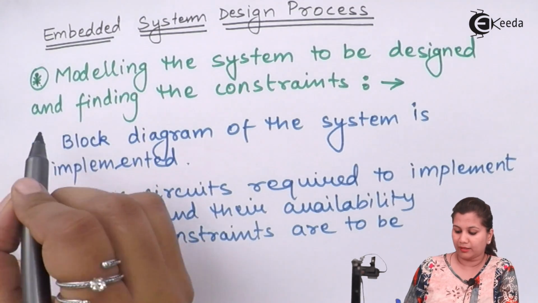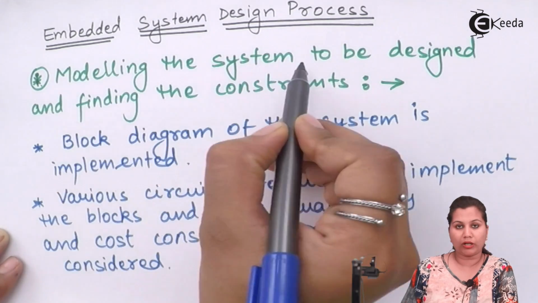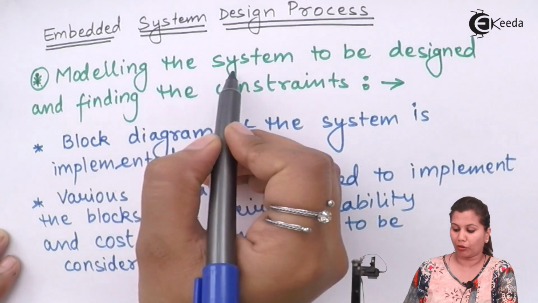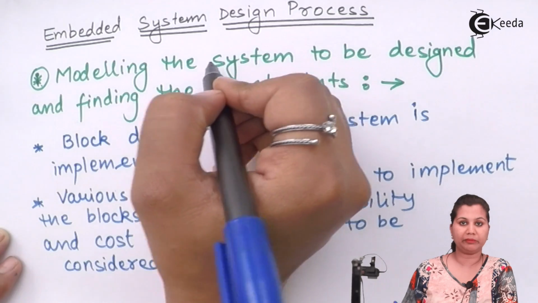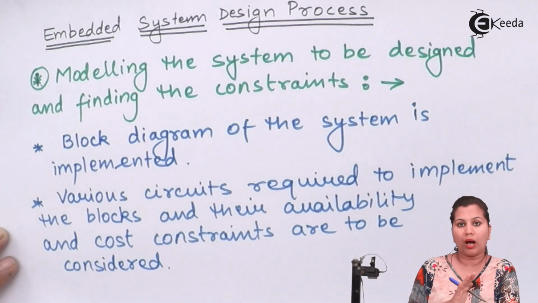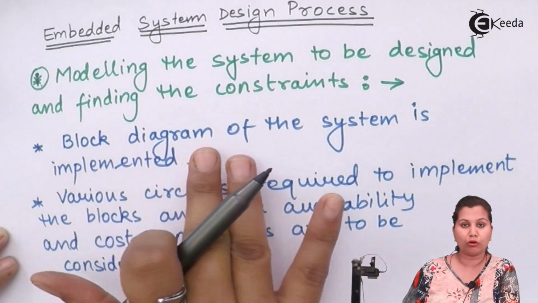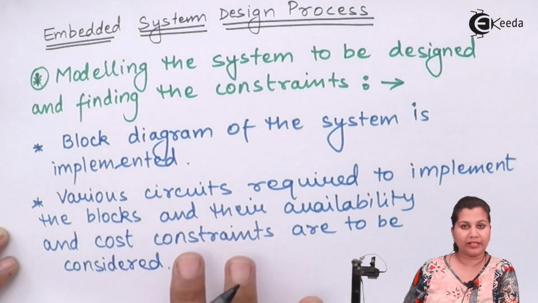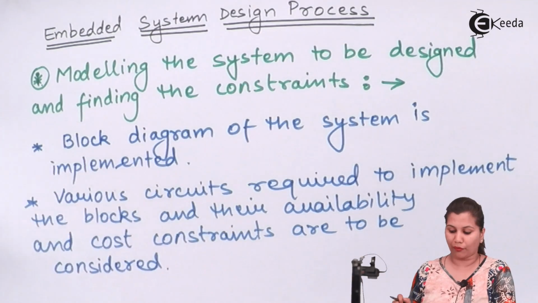Now this is because our first step is the modeling of the system. In that modeling, we know that an embedded system consists of both a hardware part and a software part. The hardware part is covered in the block diagram and the various circuits. Now for the software part,